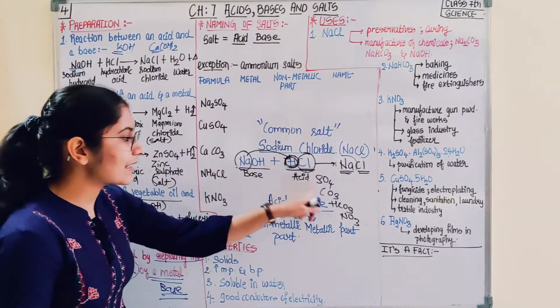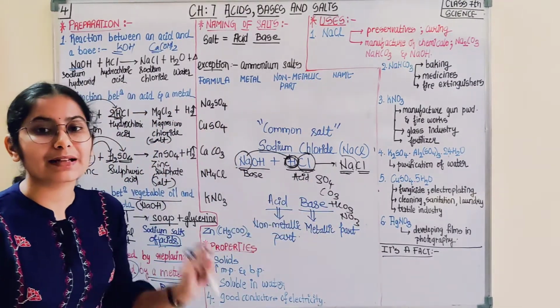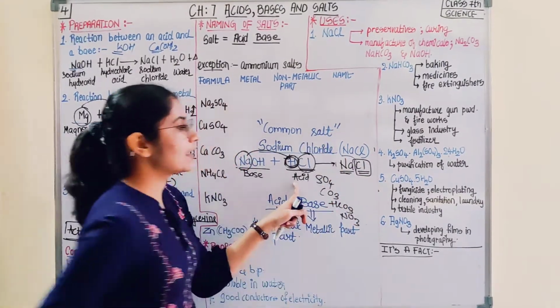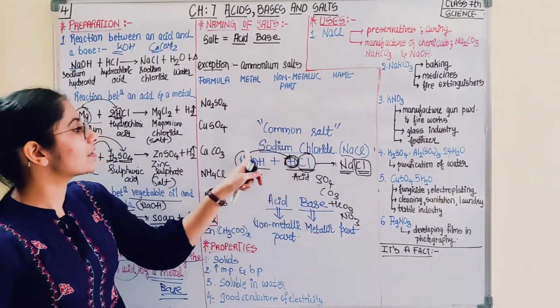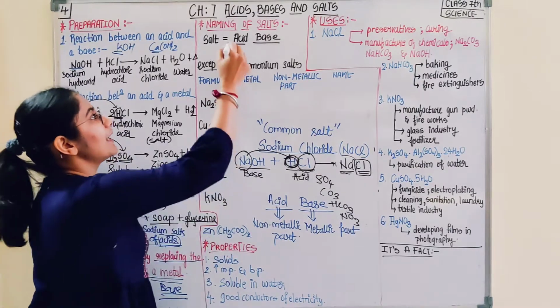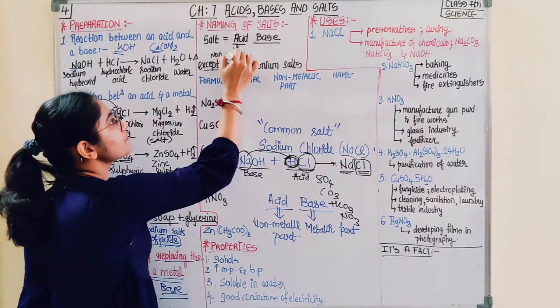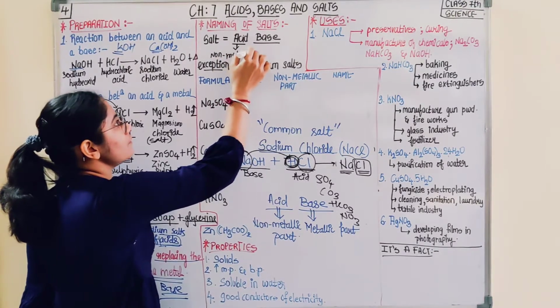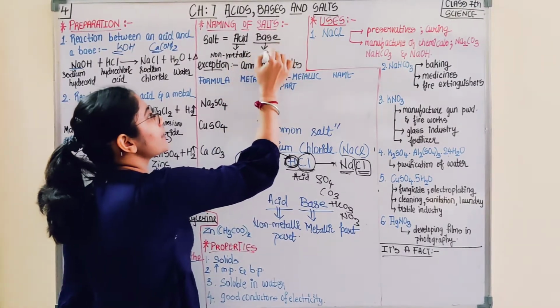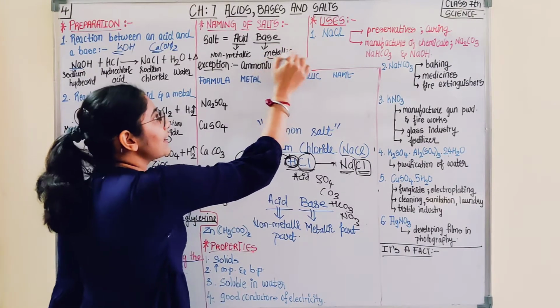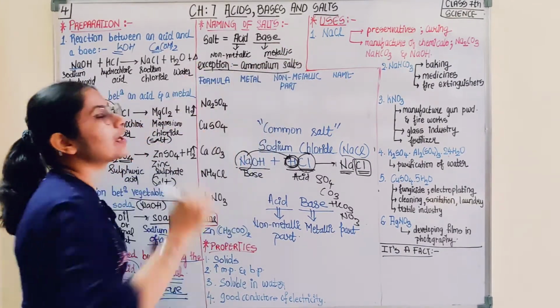So these are nothing but non-metallic parts which are obtained from acid. Here you see chlorine is a non-metallic part from acid. So this is how the naming is done. When acid is contributing the non-metallic part and base is contributing the metallic part, it is always giving metal, until and unless there is an exception called ammonium